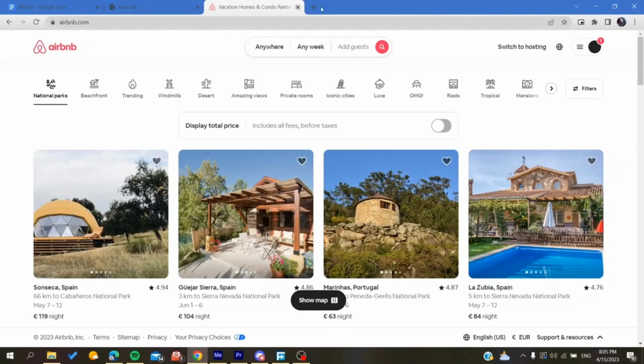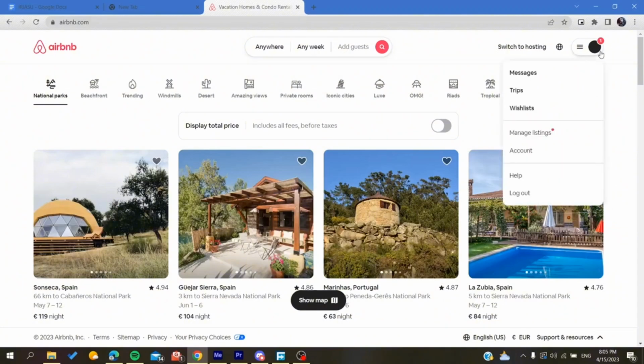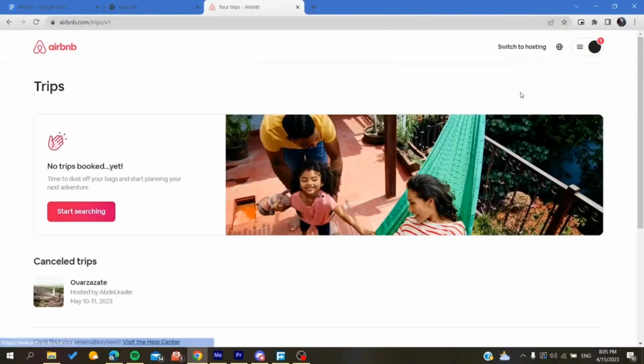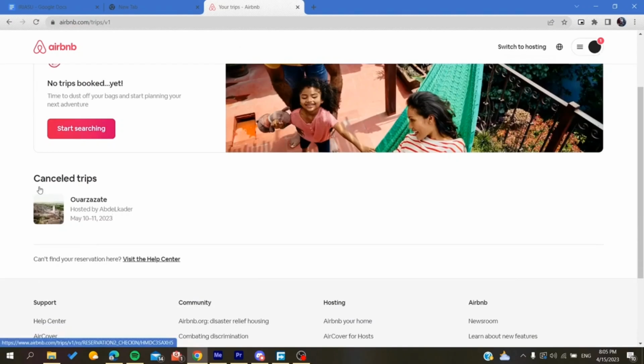Now click on the top right corner of your screen and click on that trips tab. After that, you'll find your trips, and basically this is just a cancelled trip that they have. If you have a confirmed trip, you will just need to click on it, and here you will find